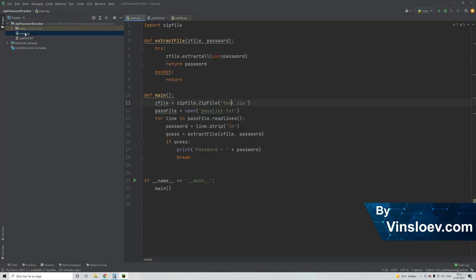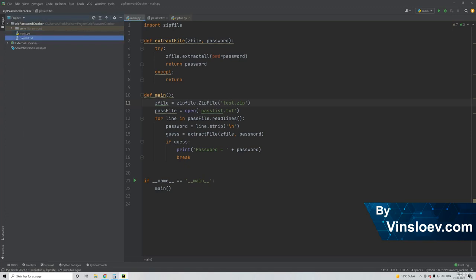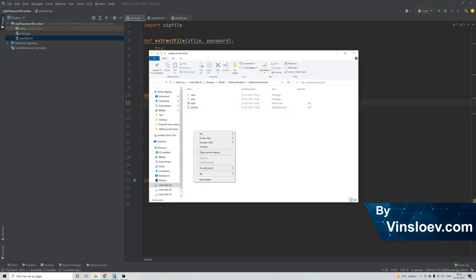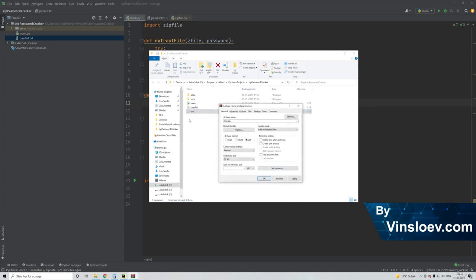But first off, we just need to make a zip file, so we'll open Explorer, and it came right here, and then we'll just define a text file and call this test, and now I'll add this to an archive. I will say zip file, so now this is test.zip. If you have some other files that you want to zip, just be sure that the name you give the archive